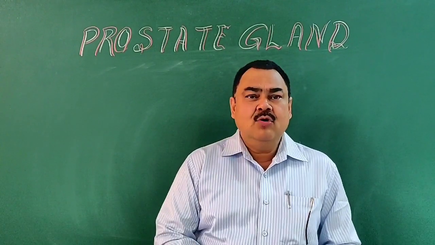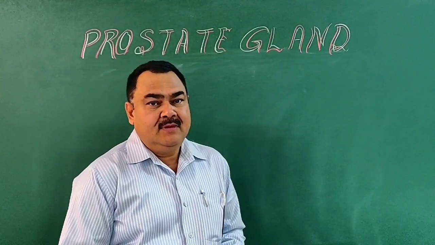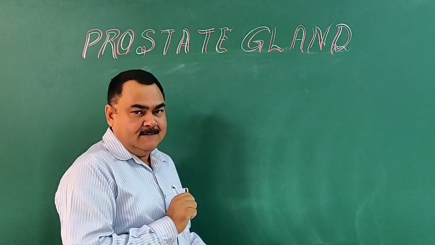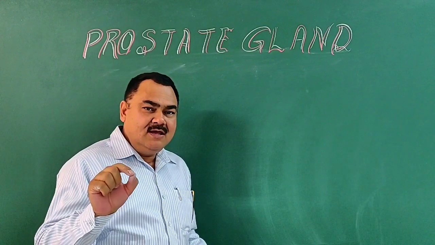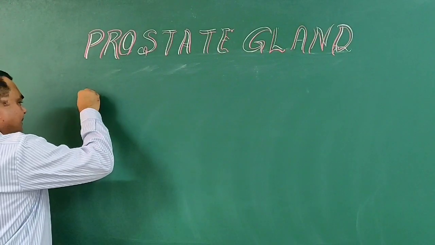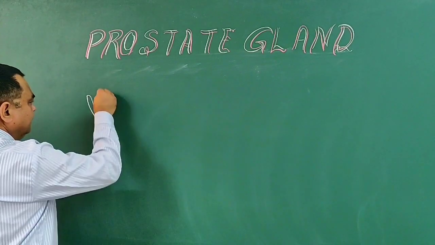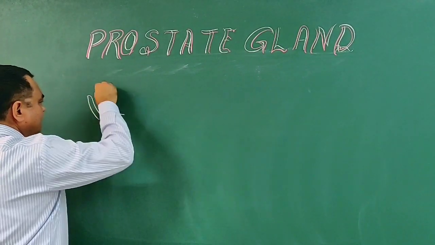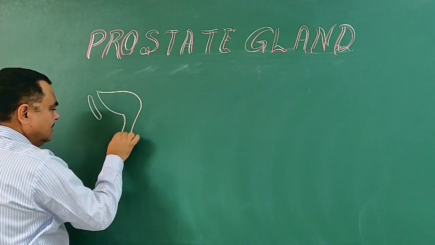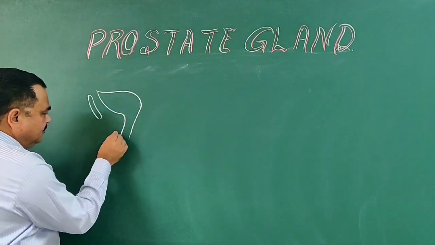Yes, now we'll discuss the anatomy of the prostate gland. The prostate gland is a fibro-muscular glandular structure. It is situated in the lesser pelvis. If you make a diagram, this is the pubic bone, this is the urinary bladder, this is the urethra, and here is the position of